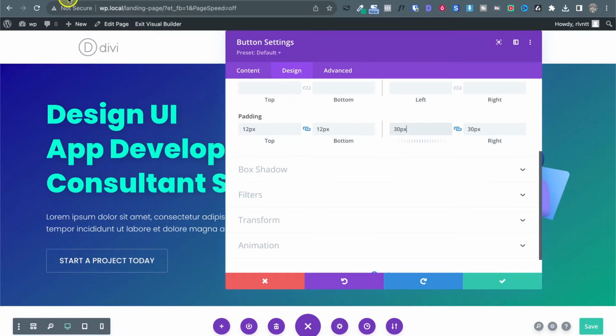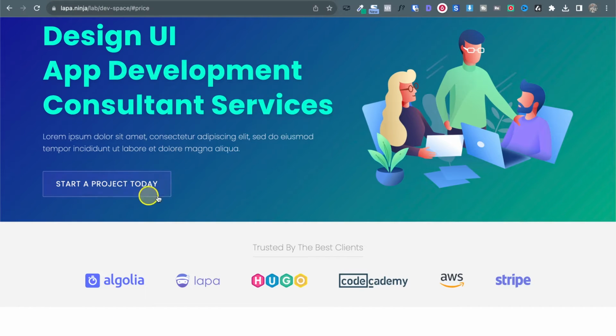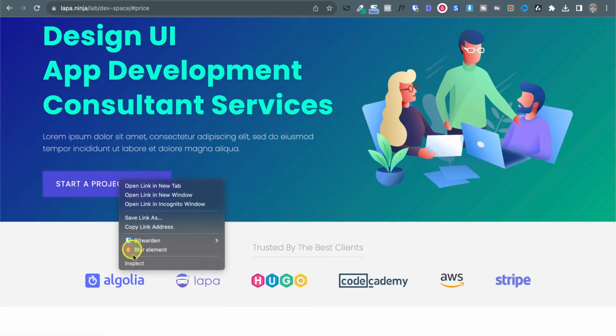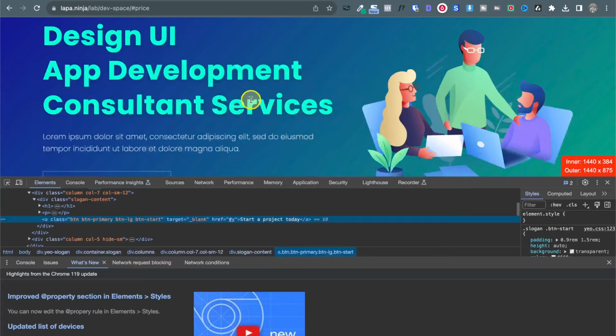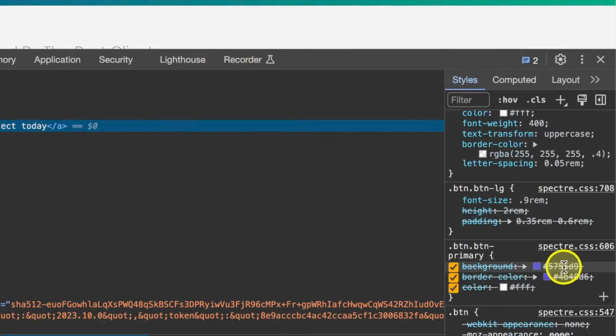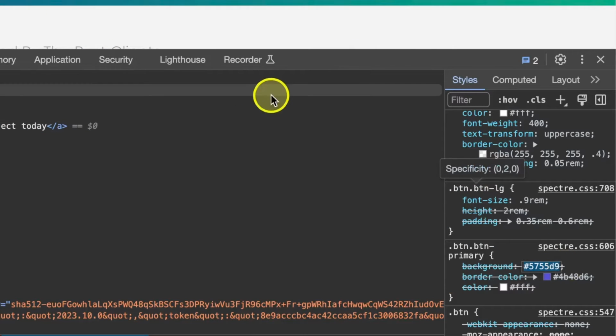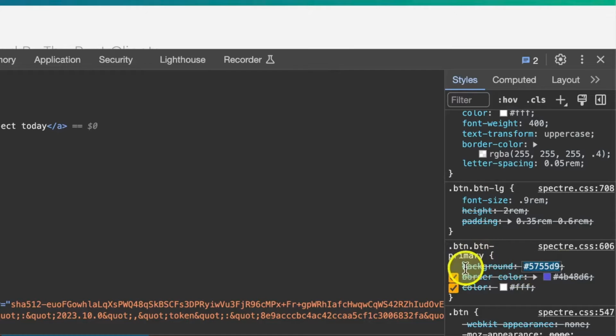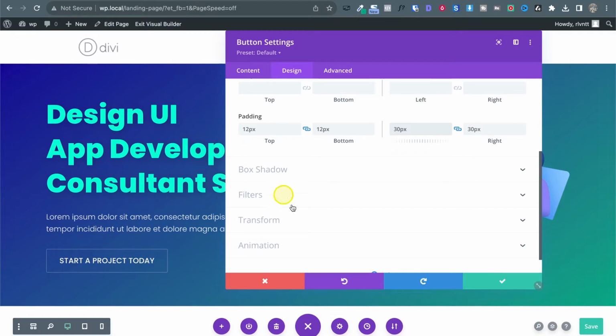And the other thing here is that we have a different color when we hover the button. So to get that color, I'm going to open the inspector. Let's see if we can get it, because sometimes it's a bit annoying. Yeah, here it is. And from here, I can tell that the background changes and also the border color changes. So let's go to our page,